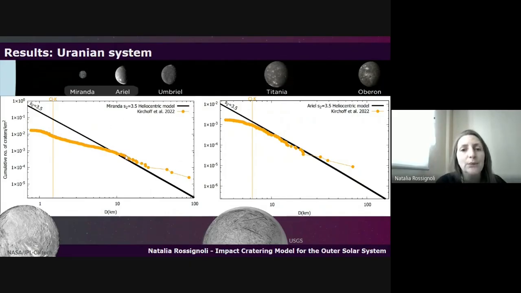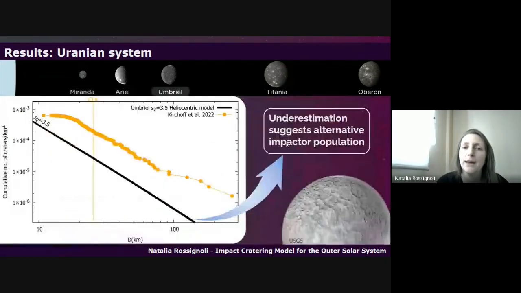So as you can see, in Miranda we have an underestimation of the larger craters, which is not very good. In Ariel, we see that our model matches most of the observed craters, but again, Ariel is believed to be affected by erosional processes that can erase the craters. So this would lead to an overestimation in our model. We would expect to have this black curve more overestimating the craters. In the case of Umbriel, as we move farther away from the planet, we see a large